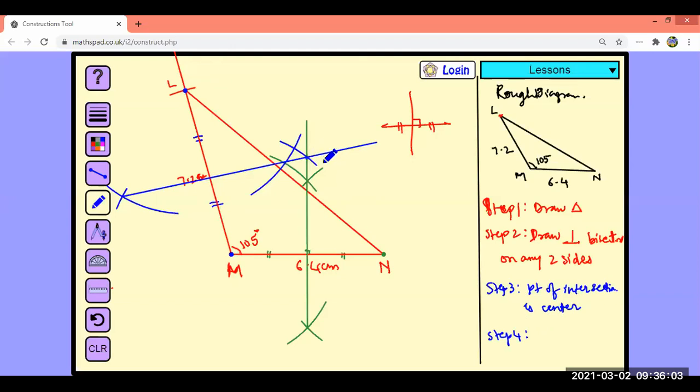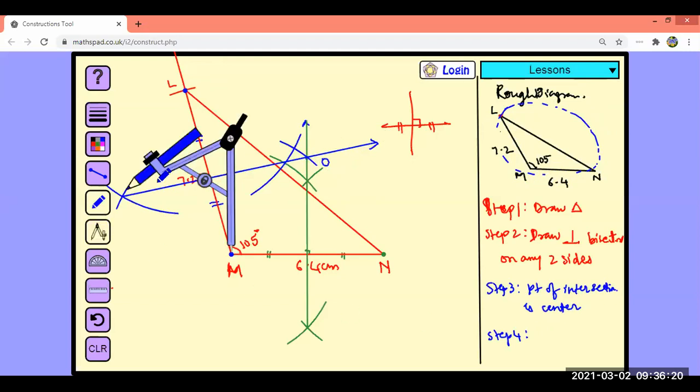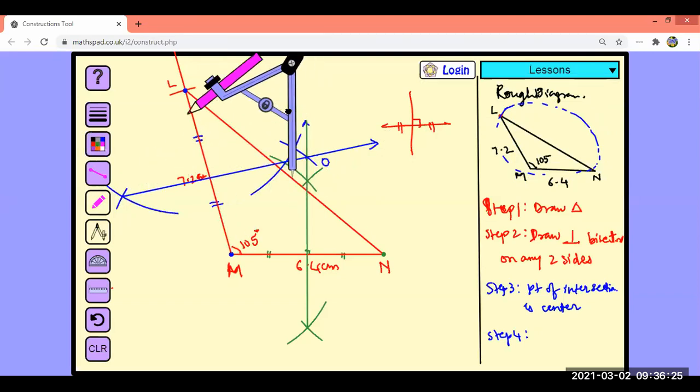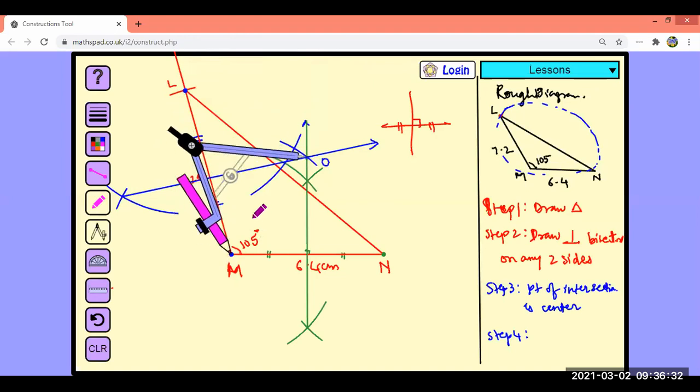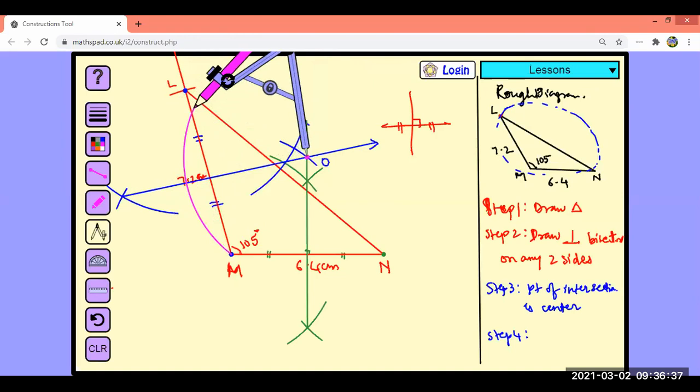See this point O, this is the center of this circle. Okay, we have to draw a circle like this, which will have the vertices on its circumference. This is called a circumcircle, right? So now we take this compass, and with the help of the compass we are going to draw a circle. So place the steel point at O and take distance. We can consider any one of the 3 points, and now just check. We are going to draw a circle.